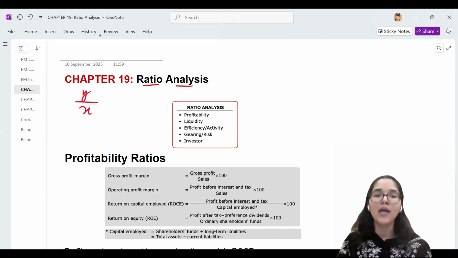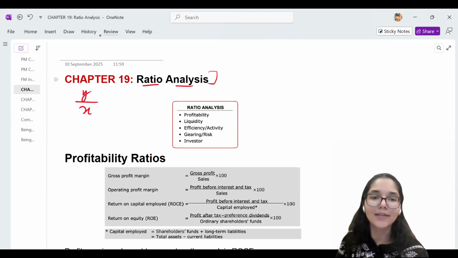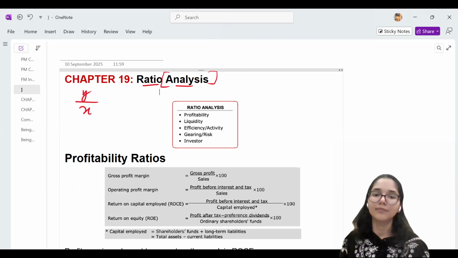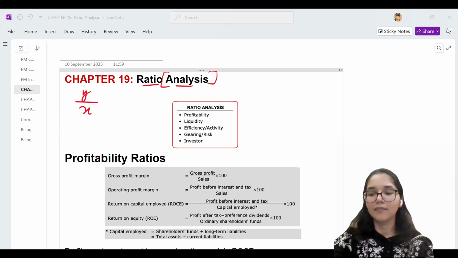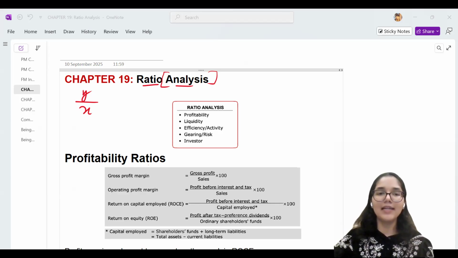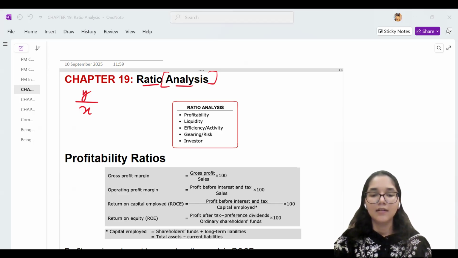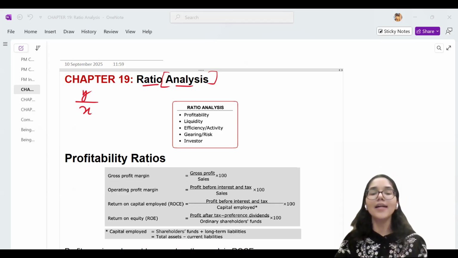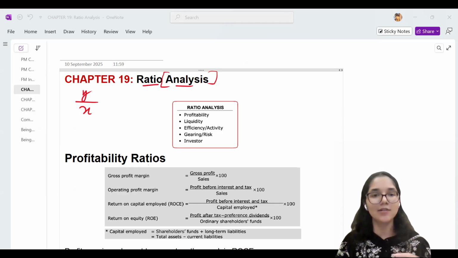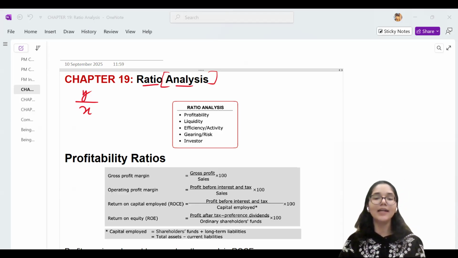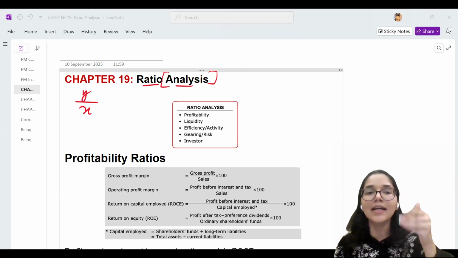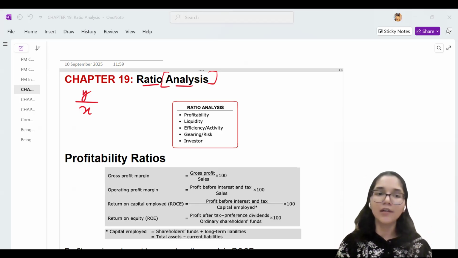So that's a ratio. And then what do people understand by the term analysis? What does analysis mean, guys? What's the meaning of analysis? Okay, a review, comparing. All right. So analysis means you're trying to understand the reasons why something is looking a particular way. Deep understanding is also correct. So you do an analysis, you try to investigate in detail why this particular ratio is looking like this.